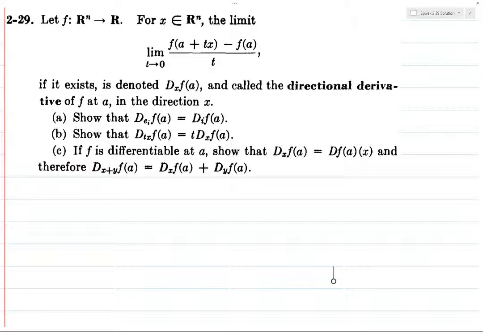And so the first thing we want to prove is that this should match our intuition. Basically you just choose a vector x, and the directional derivative is the derivative in that direction. Then if you're moving in the direction of the ith axis, that should just be the derivative with respect to the ith coordinate, which is exactly what we need to prove here. So,